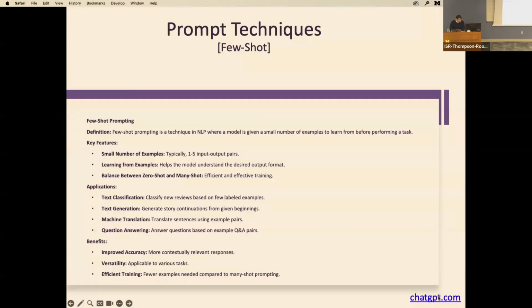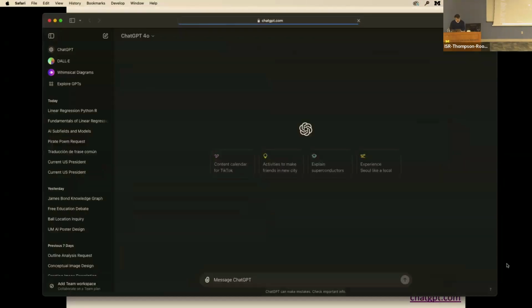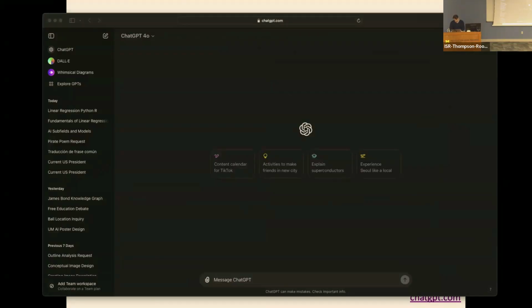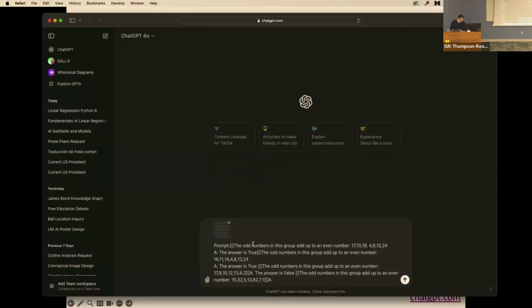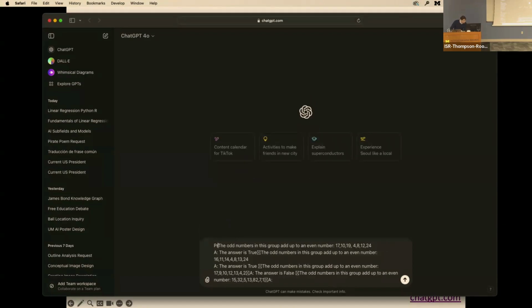Where's my cursor? There it is. Okay, and we are going to give it a summing problem. And I believe this example actually comes from the Few Shot publication that came out in 2012. Go ahead and format this.